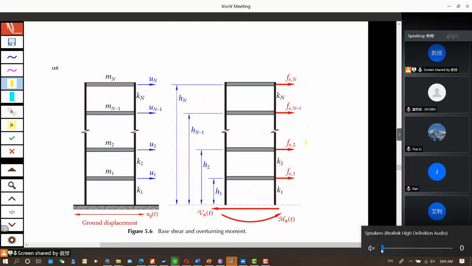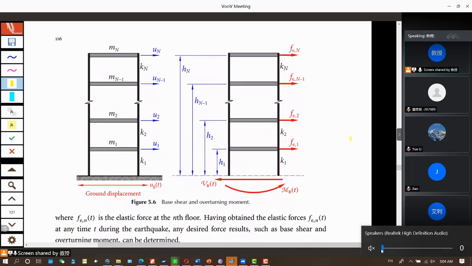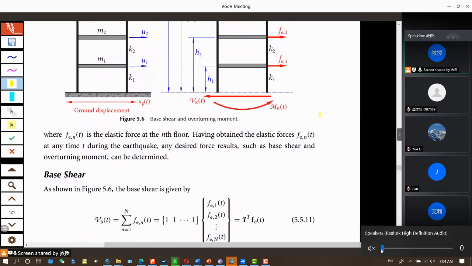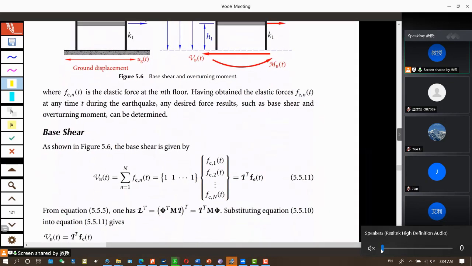And the sum of all the elastic forces, you can write in the vector form: a unit vector, all elements being 1, times the elastic force vector. Okay, so here it's I, the influence vector transpose, times Fe. So now we have this relationship. You can rewrite VB, the base shear, in terms of I transpose times Fe. So we substitute what we had before, and this relationship,